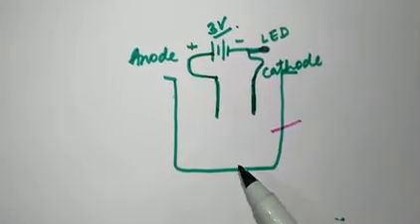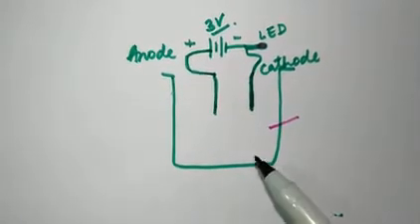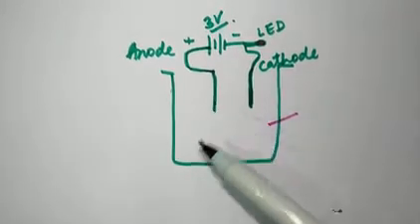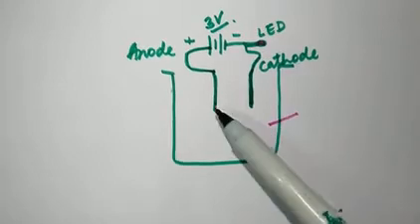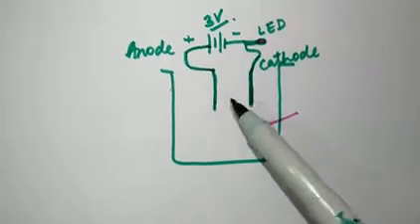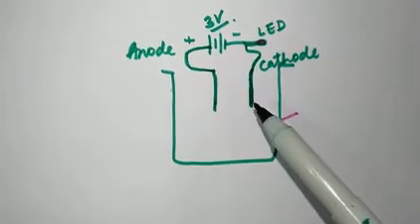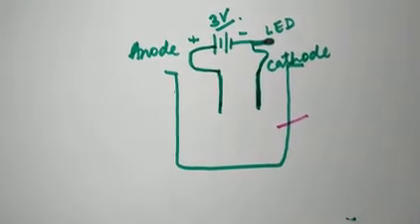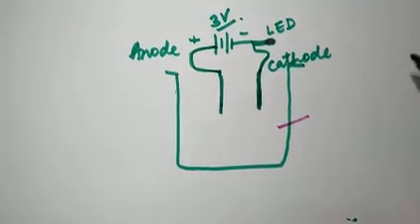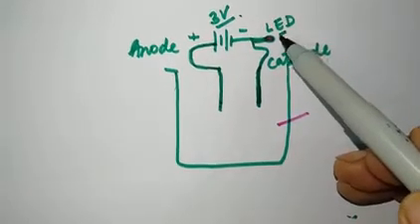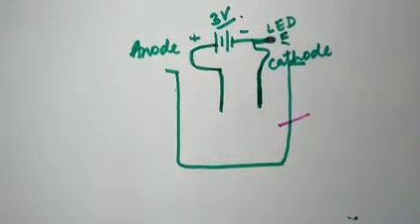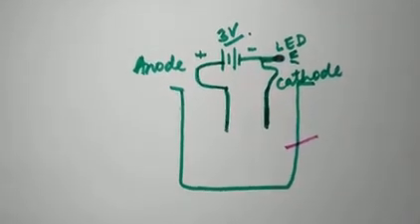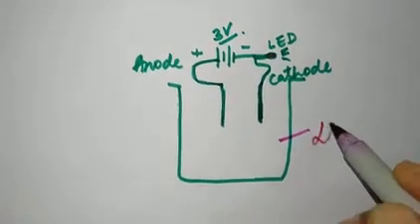Now take the testing liquid in the small plastic or glass container, and then dip the clips in the liquid. They should not touch each other. You should remember this, that they should not touch each other, and it is just the same as testing the solid conductors. Now if the LED glows, then it is a conductor, and if it doesn't glow, then it means it is an insulator. So let us first fill distilled water in it.